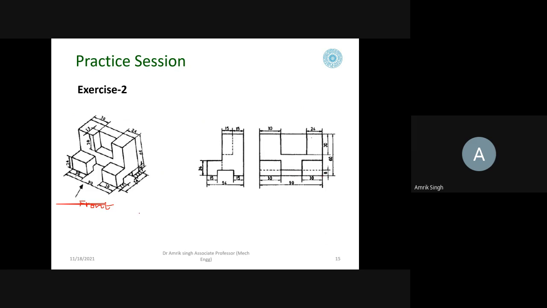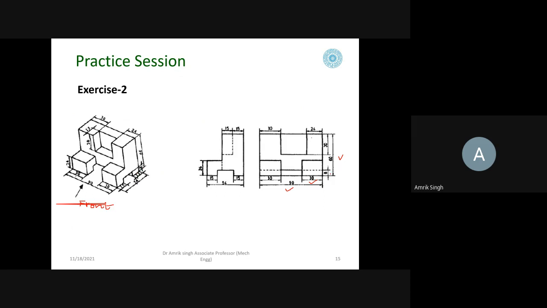Now you see the dimension, this 90 is given. So you have drawn 90. This is 60 given. So you have drawn 60. Now you see 30 is drawn here. So 30 you have taken from here. Similarly, 30 you have taken from here. And you see here, this line is going. So this line is at 8.